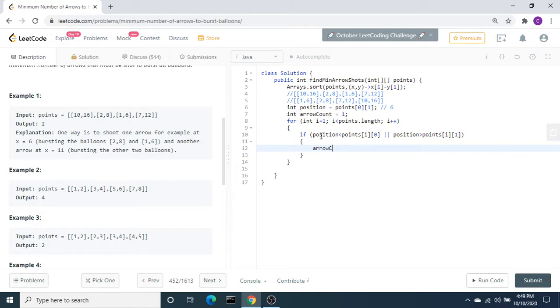Arrow count plus plus. Then we take the position of the current coordinates. The position is going to be points of i of 1. After completing this for loop, let's return the arrow count.